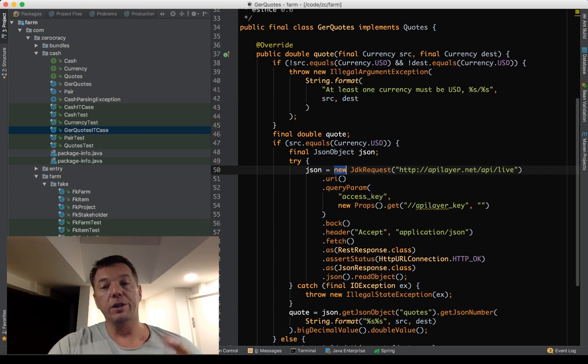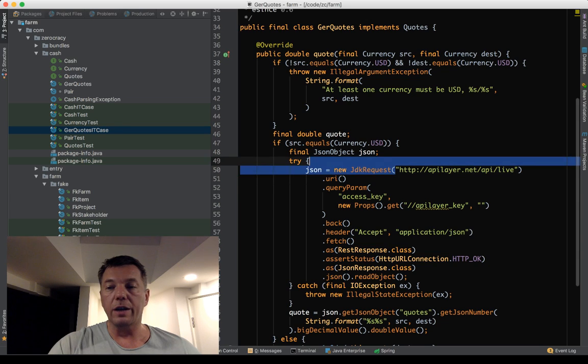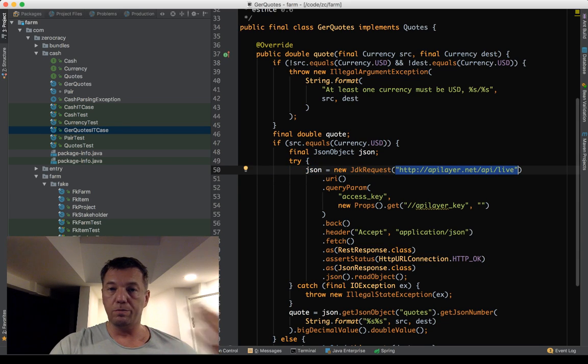Here again comes the operator new, and the problem here is very big because this class is expensive. Not the class, but the resource it represents is expensive. Way more expensive than the CPU, way more expensive than the memory. And we can't afford to leave it here like that for the unit test, because every time the unit test runs, we will make a real live connection to some currency exchange server, get some rate, blah blah blah.